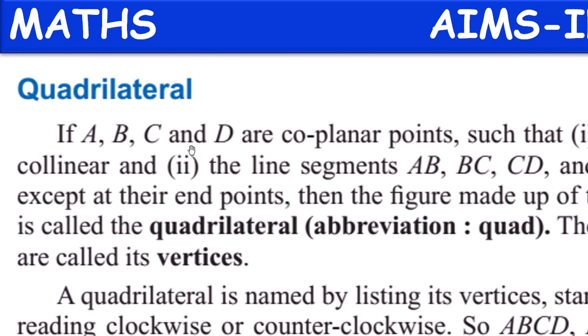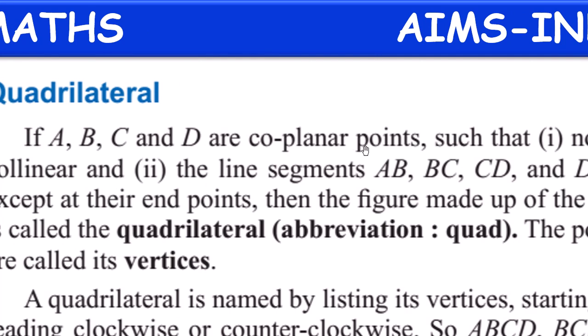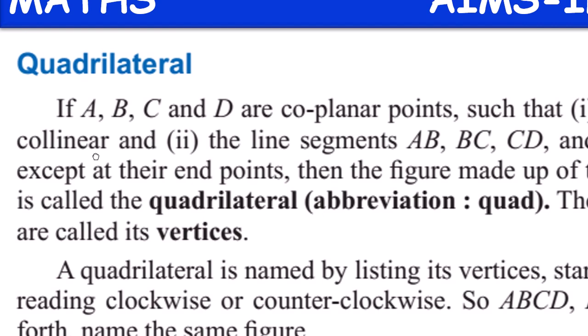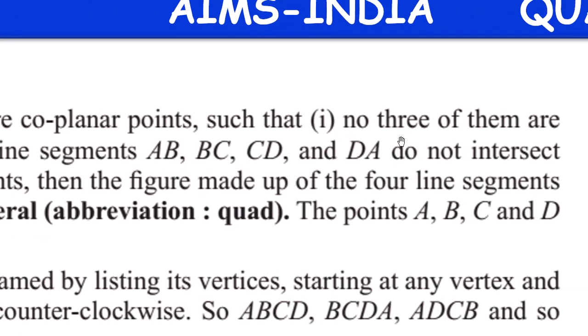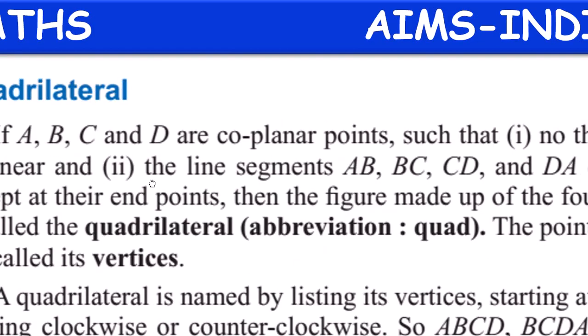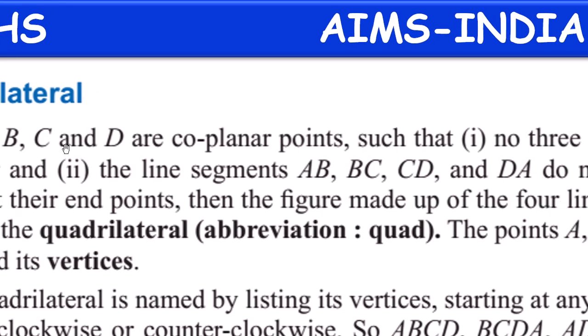If A, B, C, D are coplanar points such that, first condition, no three of them are collinear, means no three of them should lie in the same line. That is the first condition. Second condition, the line segments AB, BC, CD, DA,